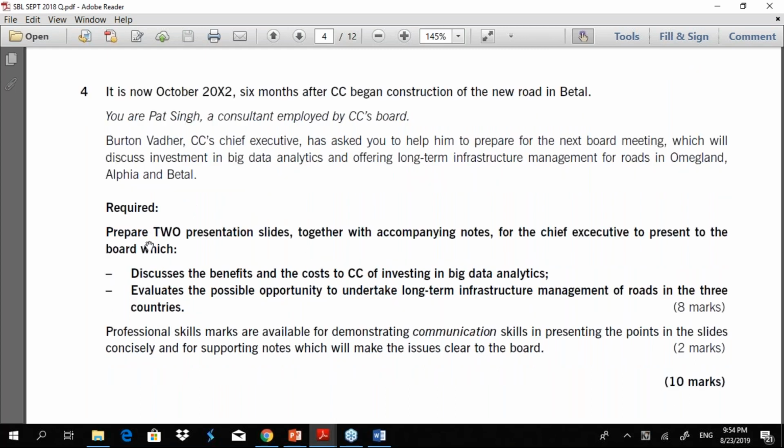Required, prepare 2 presentation slides. All right, so that is the first thing you will underline. 2 presentation slides together with accompanying notes for the CEO to present to the board, which discusses the benefits and cost to CC of investing in big data analytics, evaluate the possible opportunity to undertake long-term infrastructure management of roads in the 3 countries.